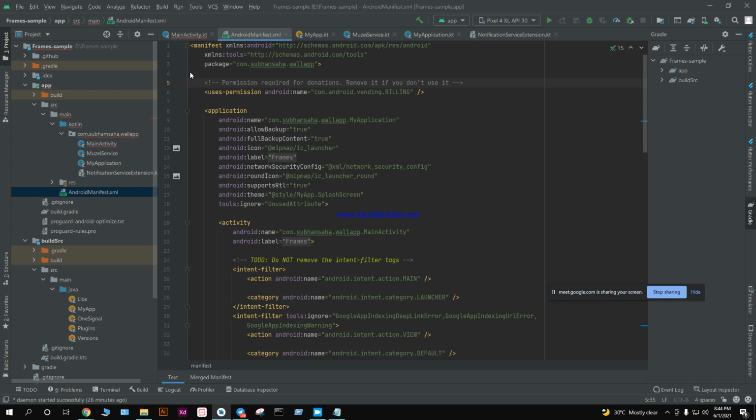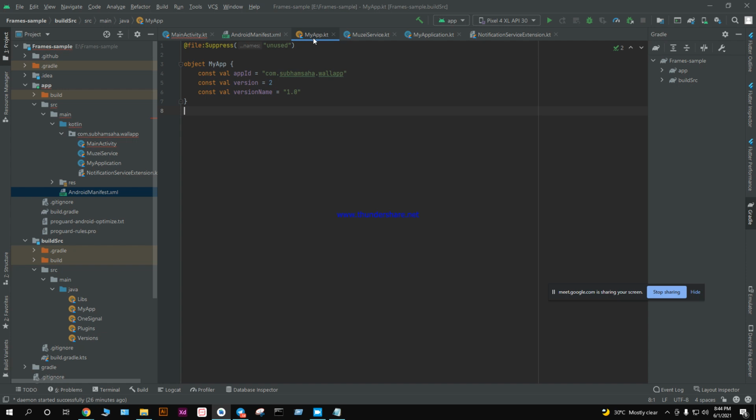Then we come to the build, src, my app folder, the myapp.kotlin folder file. Then we changed the app ID to our app ID, package name, and then we changed our version and version name. Since this will be our initial build, we put version 1 and version name 1.0. Once again, the version name can be anything you want, but the version number should be